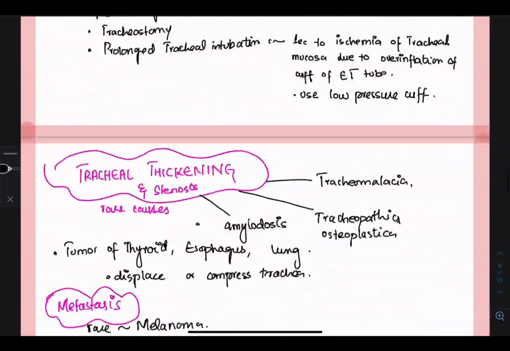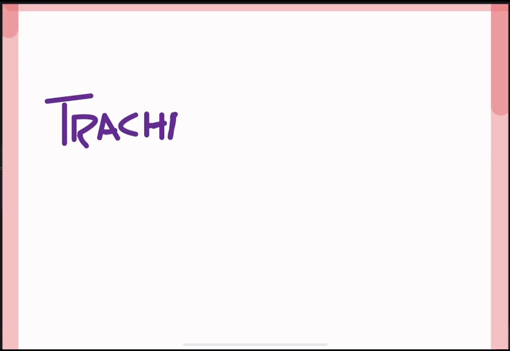So this was about tracheal abnormality. Next we will study the